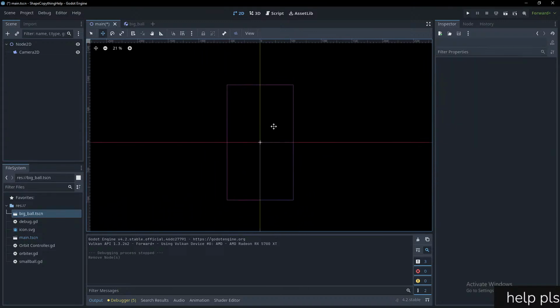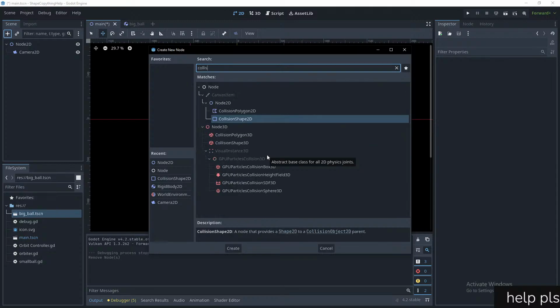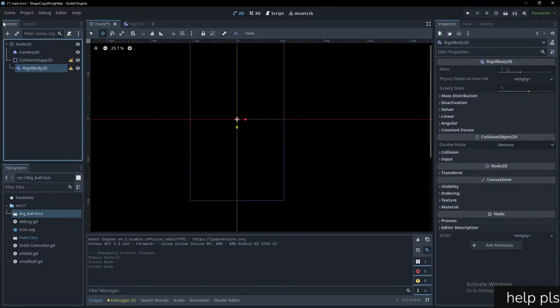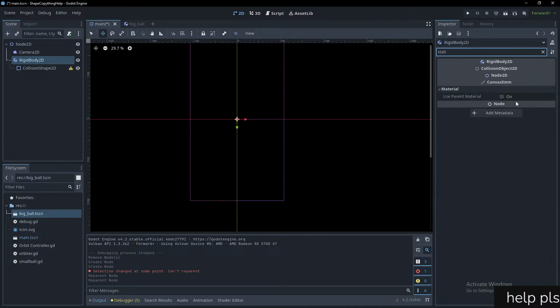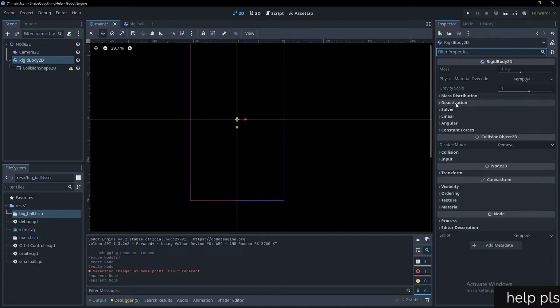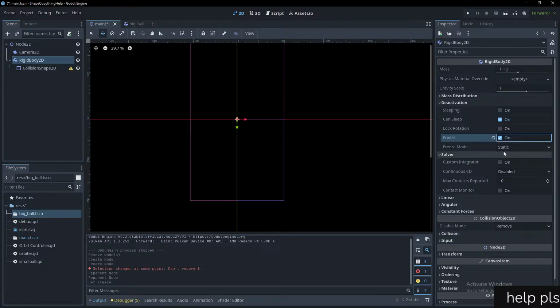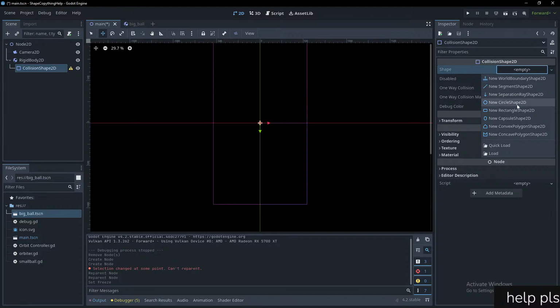Alright, so let's go ahead and create an arena. And we're going to do this the lazy way. We're going to have some collision shapes. We're going to have a static rigid body. Make this the other way around. I'm going to have to make this boy static. I said static. Where's the static button? Freeze, static. And you are going to be